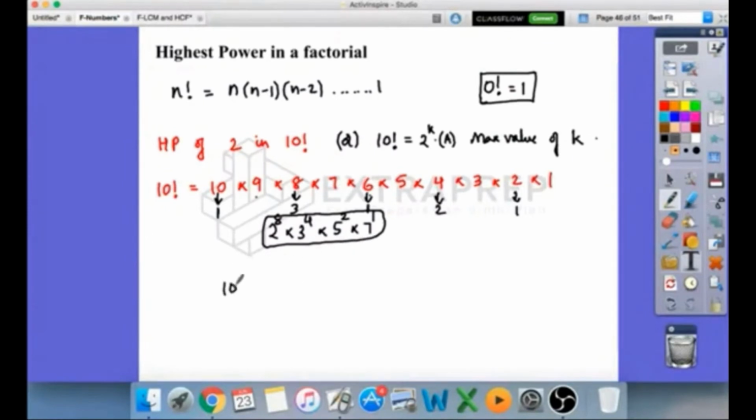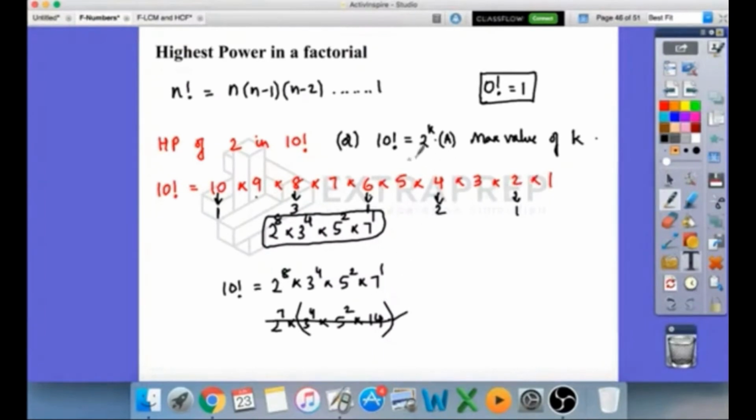See here 10 factorial, we already know that its prime factorized value is 2 power 8 into 3 power 4 into 5 square into 7 power 1, right? I can also write this as 2 power 7 into 3 power 4 into 5 square into 14. The 2 I've brought it here, okay? But this is not giving the highest possible value for k, 2 power k into something, some other value a. So to get the highest value of 2, you have to prime factorize everything and then find the answer, or you can manually calculate. I hope you understood the meaning of the question.